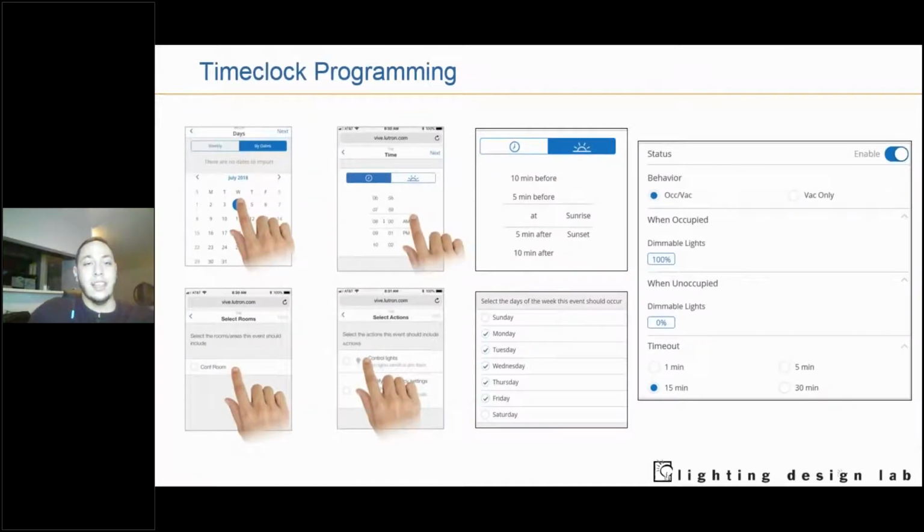So let's discuss time clock programming a little bit. Again, you can go by a specific time or through sunset or sunrise, or some time above or below sunset and sunrise, and have lights turn on, turn off, or go to specific levels. A very powerful feature that's emerging with time clock programming is controlling occupancy sensor behavior. Depending on the time of day, or again, sunset and sunrise, you can change if your sensors behave as vacancy,